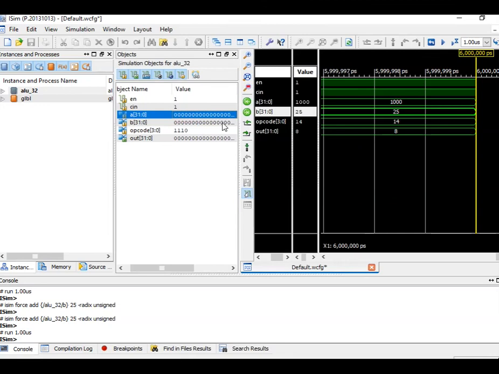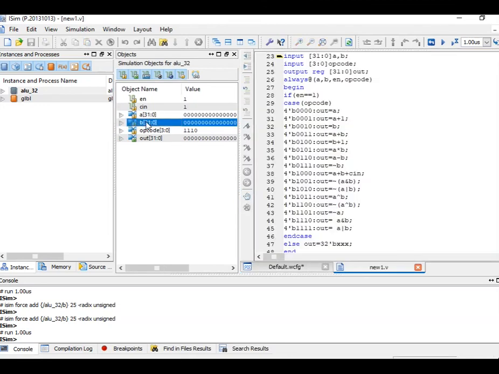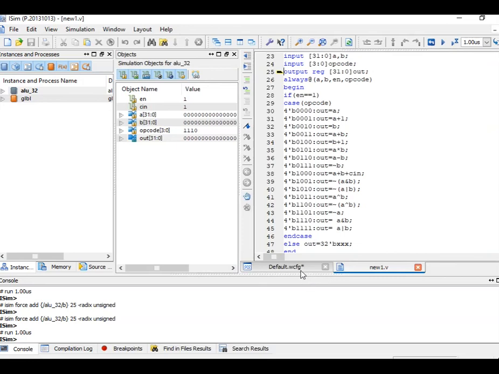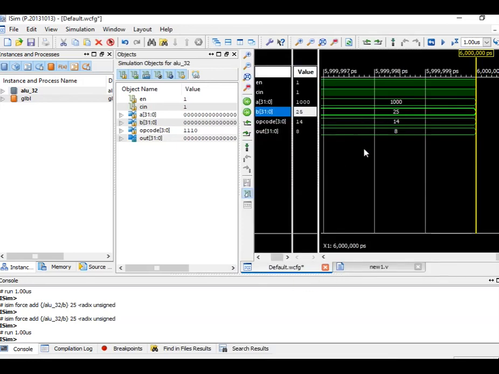And for your clear notice, you can observe here the numbers which are being displayed of 32 bits, how these 32 bits are being taken, where is my opcode, where is the output. All that can be viewed with this particular window. This is your code, and this is your waveform window which has been generated. Like that you can perform different operations on ALU. I think with this note, you have understood how this ALU is designed using behavioral modeling, and also you have tested the various operations on this ALU.